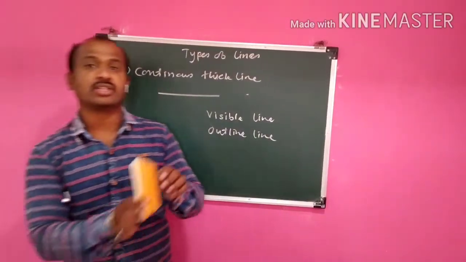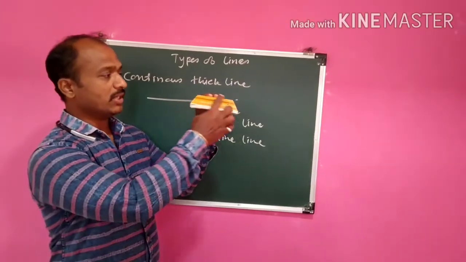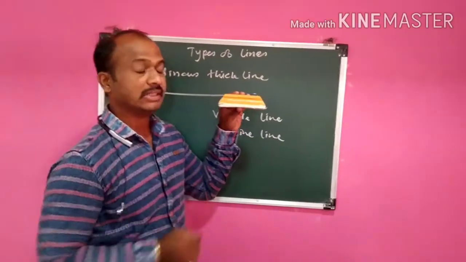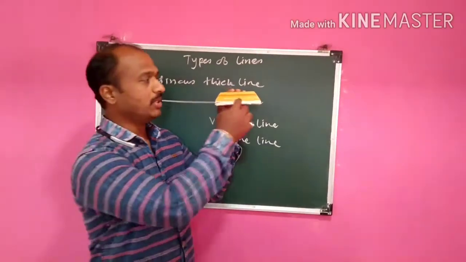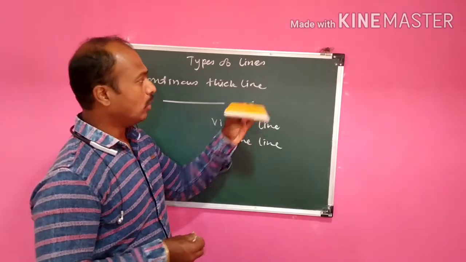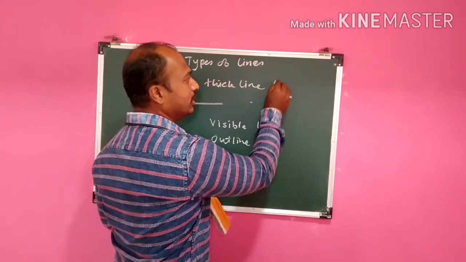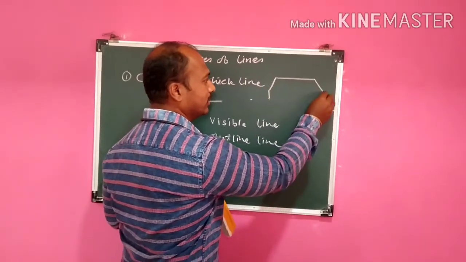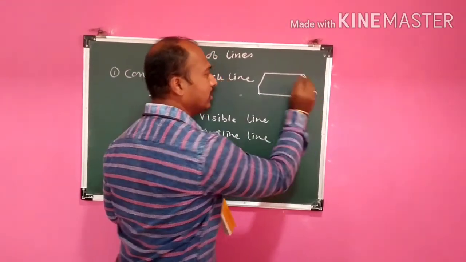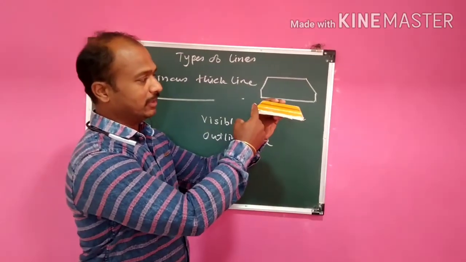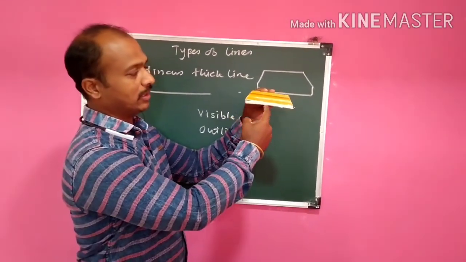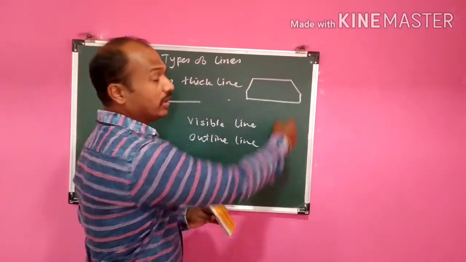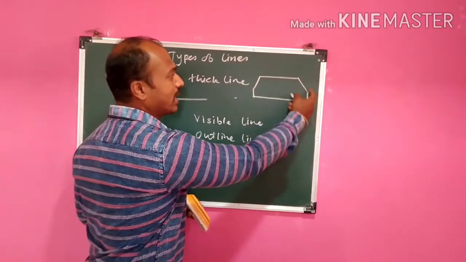Consider this a duster. Okay, this is a duster, and if I want to draw a drawing of this, we are going to draw the front view of this duster. So how am I going to draw this? It is like this. See, the duster would be like this. This is the sponge part. This one vertical line, inclined line, and horizontal line. So we'll draw like this. This line is known as an outline of an object.